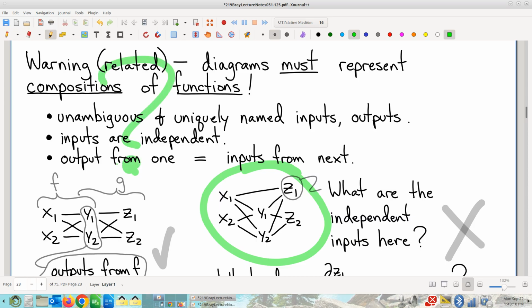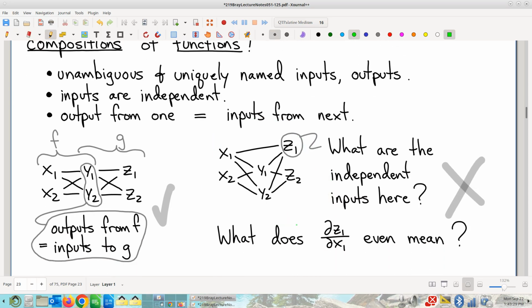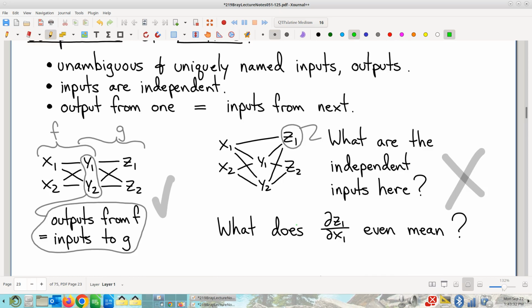In fact, what I have written here is not a composition of two multivariable functions. You can entertain yourself with trying to figure out how to make which variables functions of what in ways that satisfy these rules, and you're going to fail. This can't be done. Let me further point out, not only do we not know a chain rule for how to address a situation like this, and by the way, these kinds of situations arise pretty naturally, so not only do we not have a chain rule for this, as written right here,